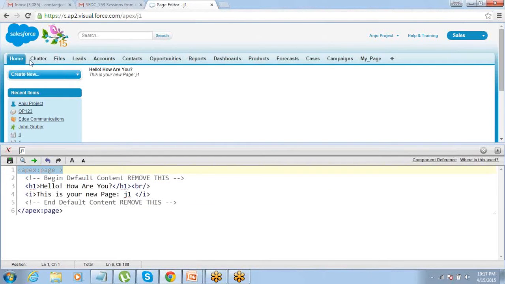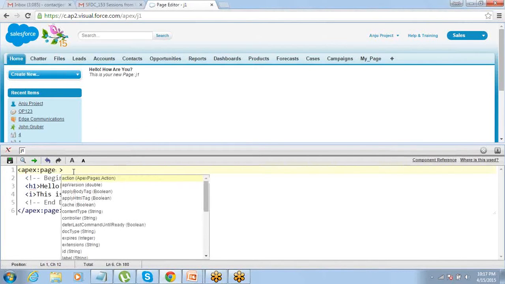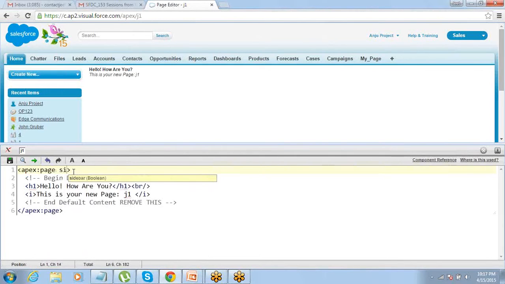If you don't want to see the sidebar for this page, as simple as that, then what you should do? There's an attribute for this page component which is called sidebar. I can make it false. So this is the attribute, and Apex page is the component.